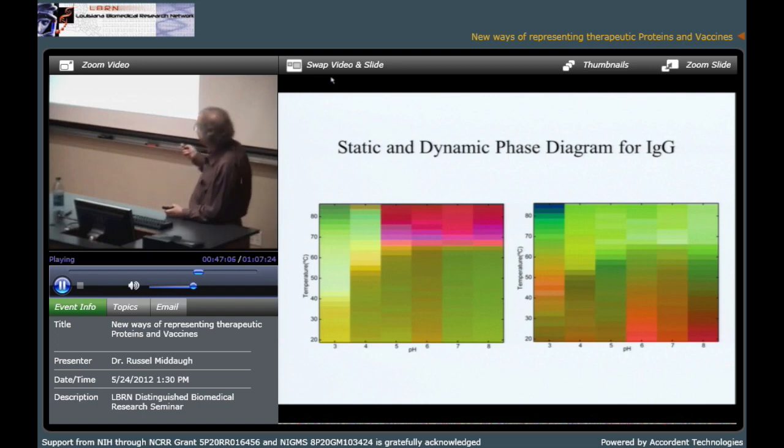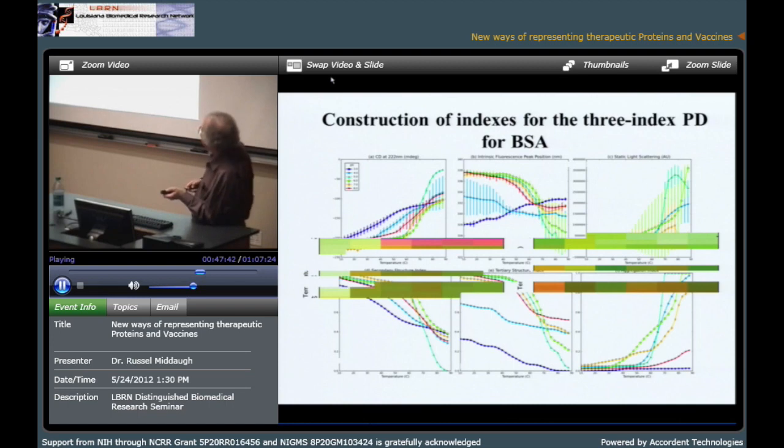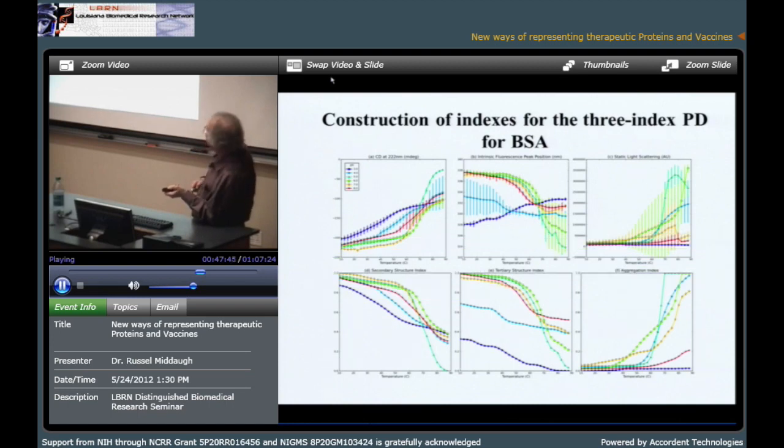And what we found was this is an IgG, a monoclonal IgG. Here's the static phase diagram for this molecule. We found this region right in here. If you look at the data, you find that at fairly moderate pH and at lower temperatures, there's a change in the dynamic structure of the molecule that occurs. What we've been working on lately is the effect of stabilizers and destabilizers on this region, to see if we can develop compounds that take advantage of our ability to measure this region and improve the stability of molecules. That would be a seminar unto itself. So anyway, this is the very first phase diagram we ever showed of that.